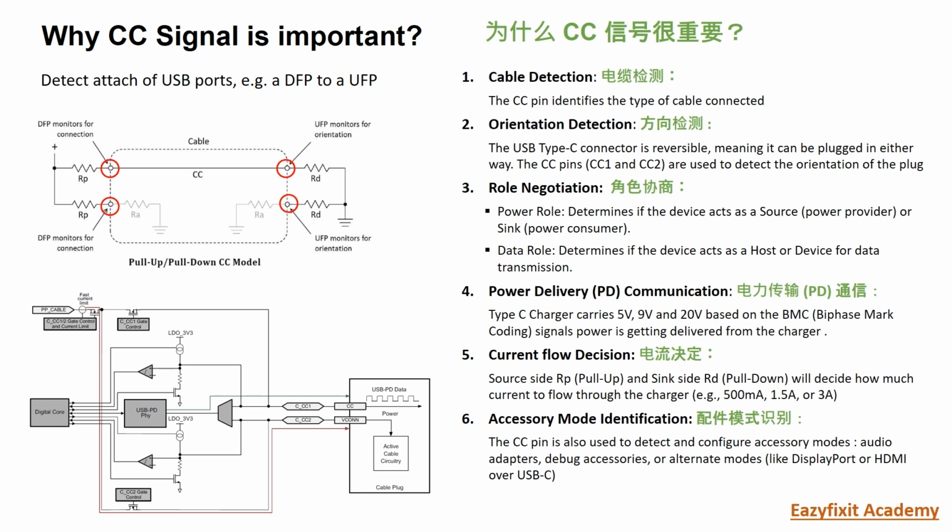The accessory pin is also used to detect and configure accessory modes, such as audio adapter, debug accessories, or alternate modes like DisplayPort or HDMI over USB-C. This is all getting done by the CC line. The CC signal is so important. You need to